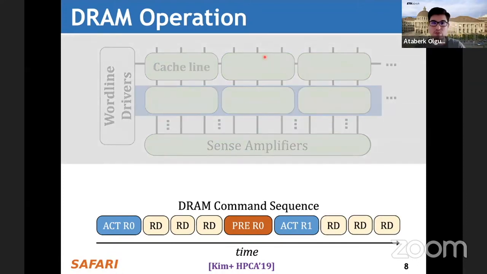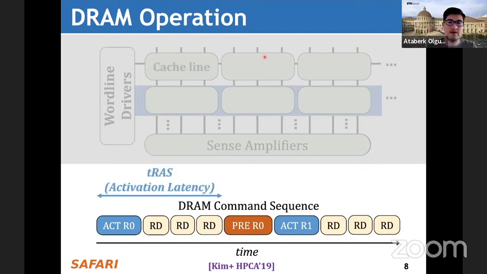And to ensure correct operation in DRAM chips, we must obey certain timing parameters that are commonly defined by manufacturers, and these define intervals between DRAM command pairs. Two important timing parameters for our work are TRAS and TRP.